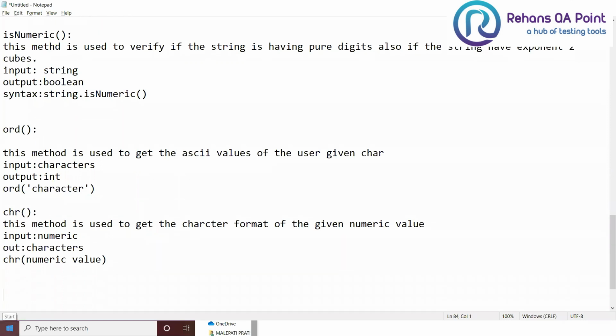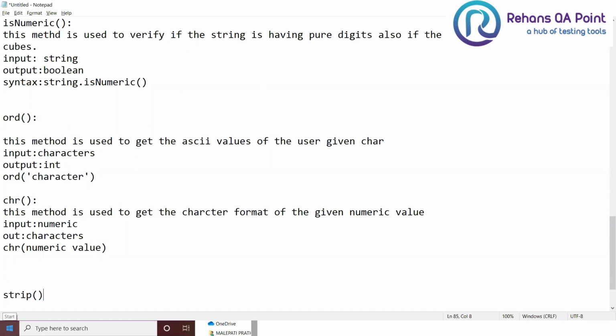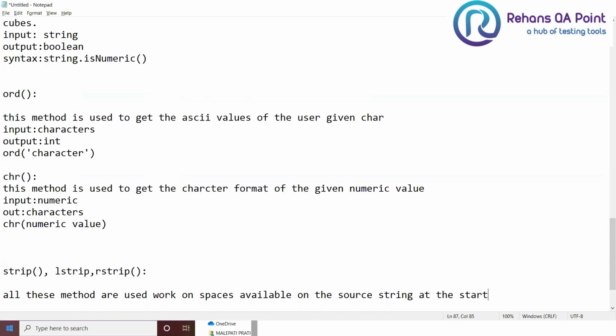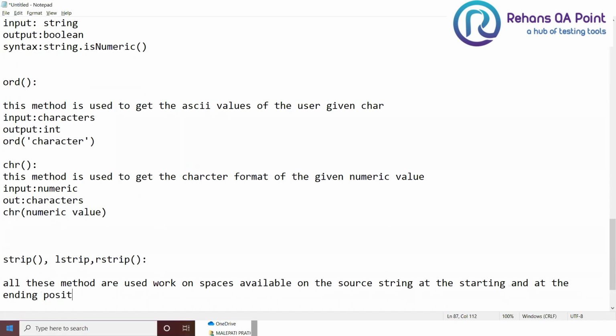Let us see the other methods called strip, lstrip, rstrip. All these methods are used to work on spaces available in the source string at the starting and at the ending position.